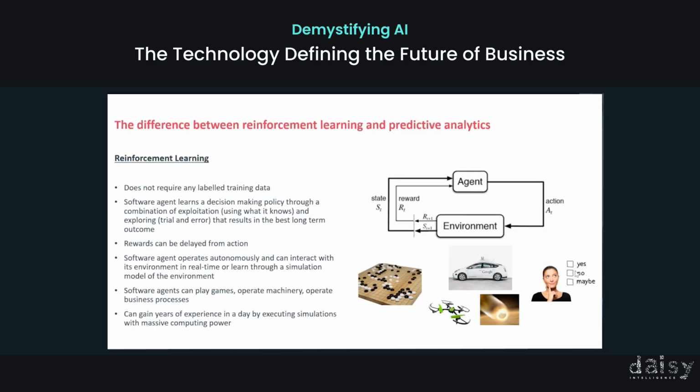It's not a problem that you could really solve with supervised learning, to my way of thinking, and maybe somebody could define a way of doing that, but I don't think that's feasible. So that's a big difference between the types of problems you solve with reinforcement learning versus predictive modeling. Not saying that there's anything wrong with predictive modeling, it's just a different tool for a different class of problems. Many of the problems we solve in the world are very complex, like self-driving cars, playing games, operating a business. These are things that we can apply reinforcement learning to.